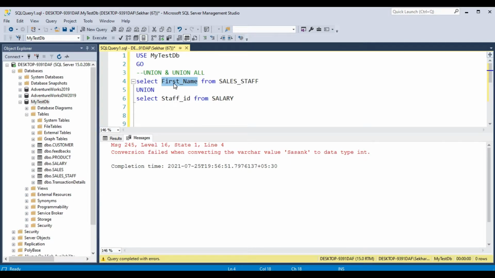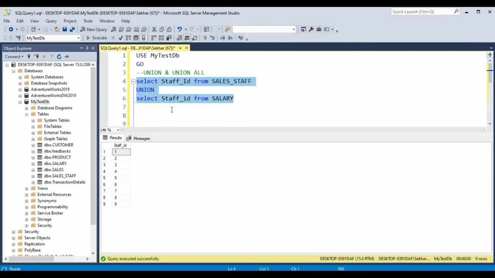If you take staff ID, it will work. But an issue can still happen, so you have to be a bit careful. Suppose you take total salary and run this query. You see, now it is working.